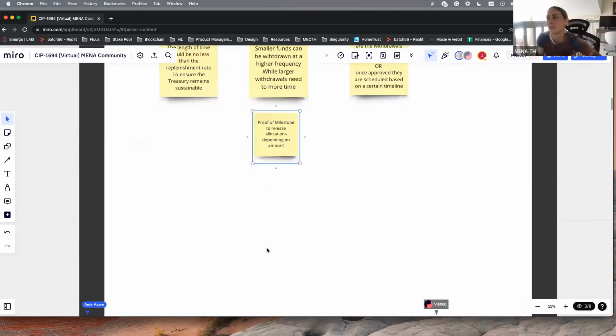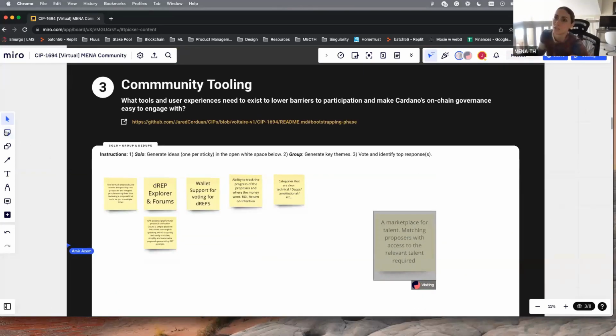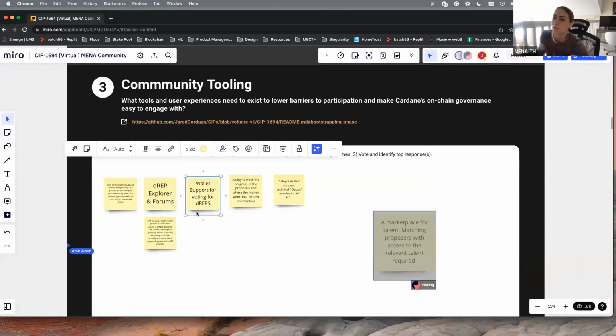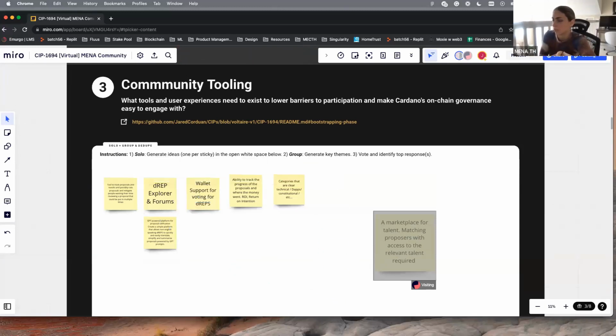That's a whole other topic. I wish we could somehow embed this, but it is a good thing here as a tool to showcase or explore DRAP reputation or stake pool reputation or people's reputation, to understand their merit within the community so you can best give your vote to certain people. But I guess this falls under the DRAP Explorer.